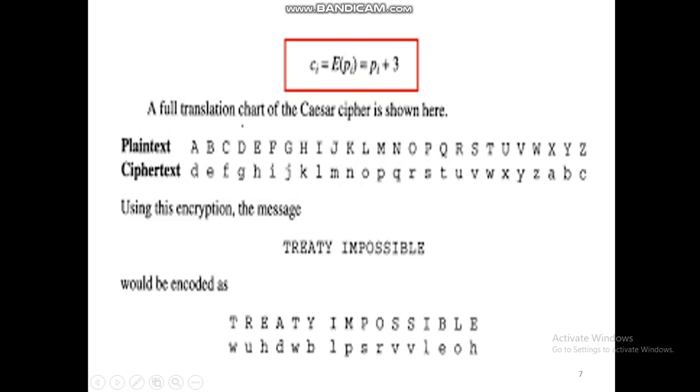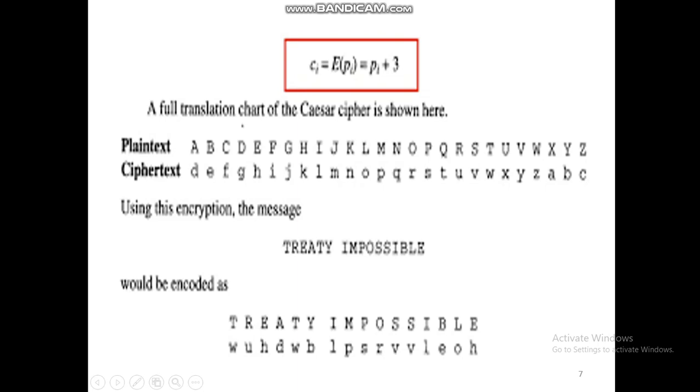First we write A to Z and convert to ciphertext. Here the key value is 3, and A is converted with the third alphabet, D, B is converted to E, and C is converted to F, and so on.